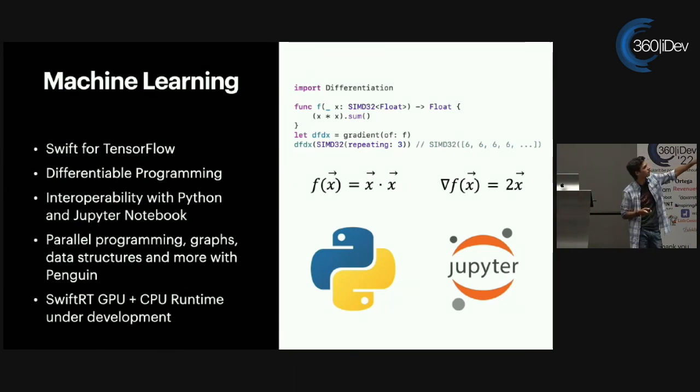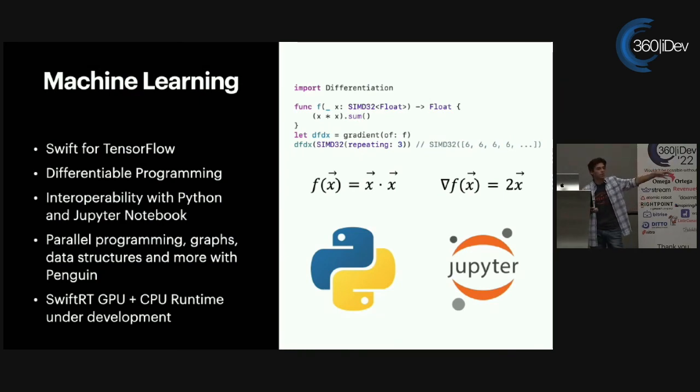And if you look up in the code, without having to do all of the derivation yourself, you can find the derivative of functions through this toolkit that is part of TensorFlow. And that was all added somewhat recently and will play a huge role in scientific Swift and in adding Swift into the machine learning world.